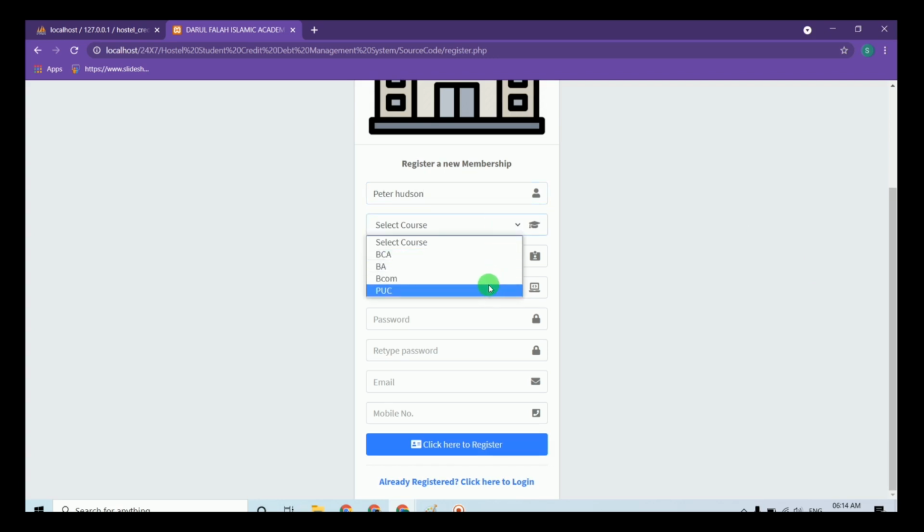We can see some courses are available. So all the courses which are added by the admin are visible here. The student's enrollment number and admission number are required. Once the student enters the admission number, they must enter the password and retype it to confirm the password.